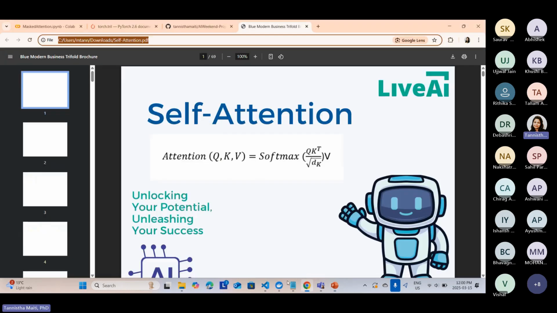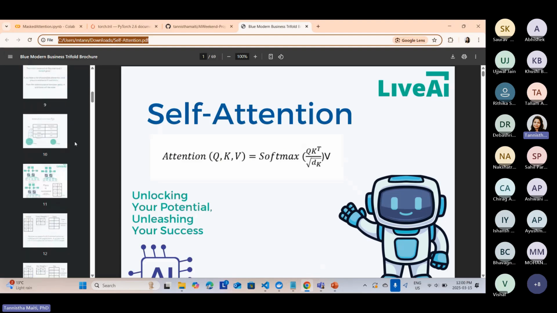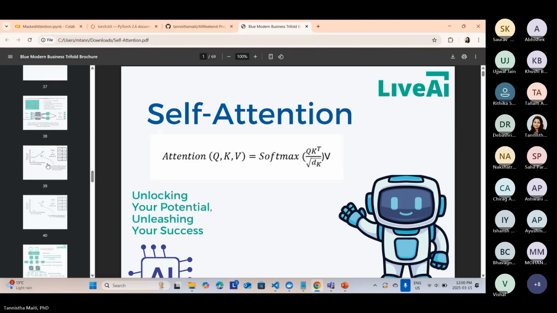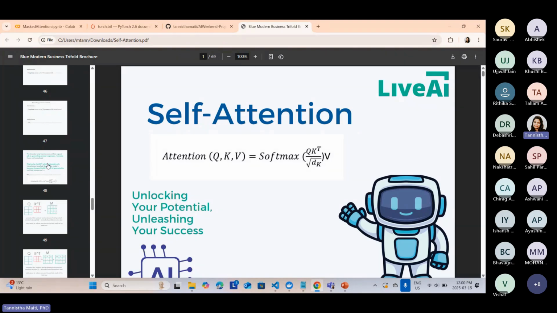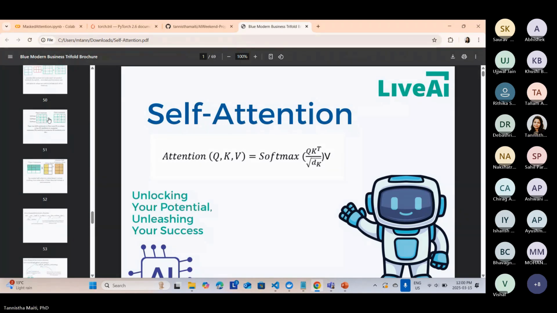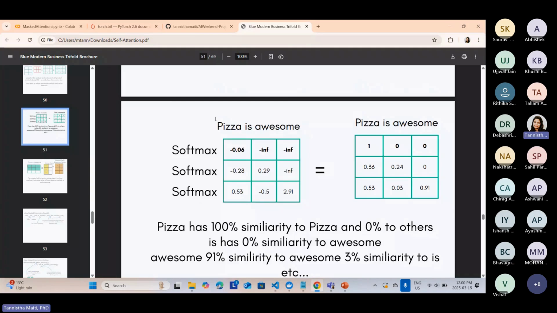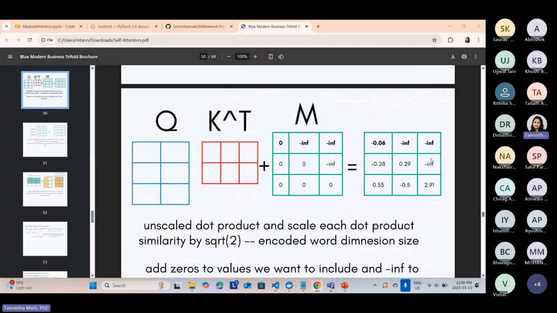Okay, so I'm spending a lot of time here. So let me go over and try to show you the implementation and all. Okay, so yeah, so here,